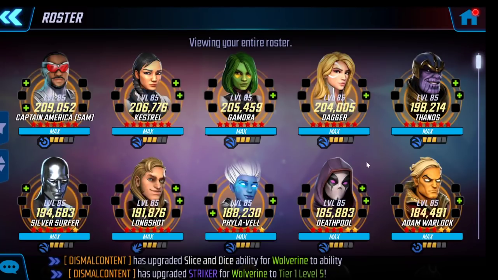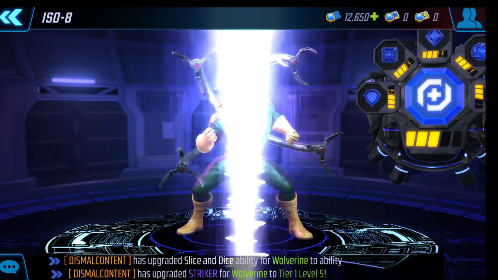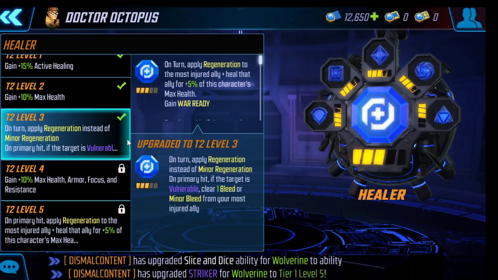Because if you look at a healer character, let's find a character that is healer here. If you get him to tier 2, level 3, they apply regen instead of minor regen. So if you have tier 2, level 3 regen, or tier 2, level 3 healer, it's actually going to be worse versus